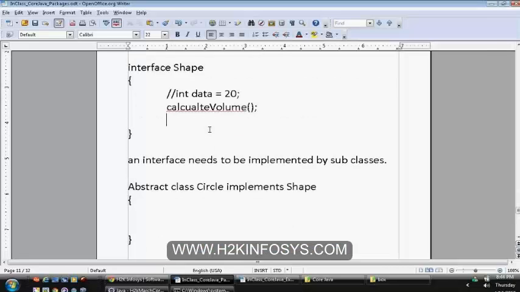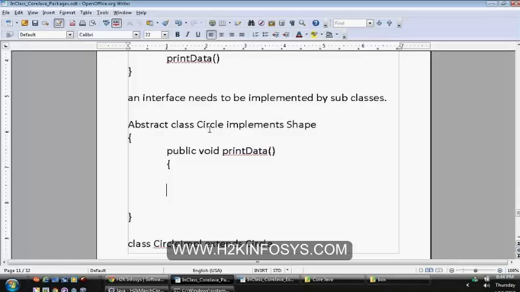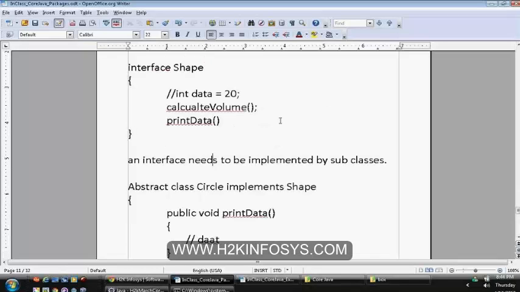Let us say here we have calculate volume and print data, both the methods. Public void print data, here we have provided the definition. So that means you have provided the definition for one of the abstract methods, but currently we have two abstract methods here.